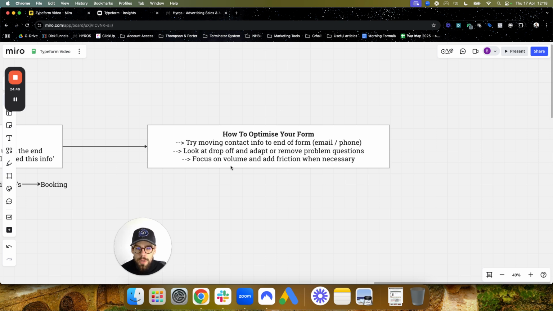And similar to the point I mentioned earlier, you want to focus on volume in the beginning and just forget about adding friction until you totally need to do it, and you realize you're getting bad quality. Because when you first start doing this, you've got a volume problem, not a quality problem. You really want to validate it with data. Once you have 100 calls on the calendar or 50 calls on the calendar, and you can say, okay, of these 50 calls, these 10, 15, 20 people weren't qualified. Here's exactly the reasons why. Here's the question we can add into the Typeform to determine that up front, so we don't have these calls